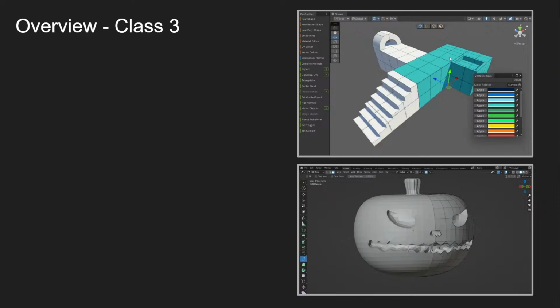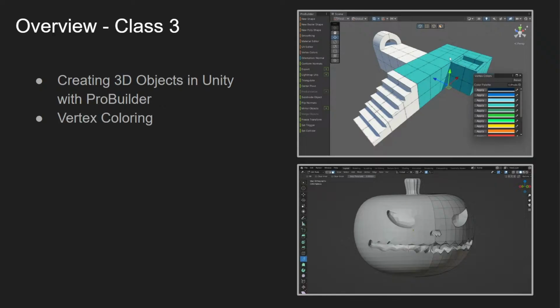All right, so let's talk a little bit about what we're gonna do in this class. So these are some screenshots from an older version of ProBuilder. But what we're going to be doing is creating some basic 3D objects in Unity using ProBuilder. We're going to do a little vertex coloring, which means we're going to add color to our models by